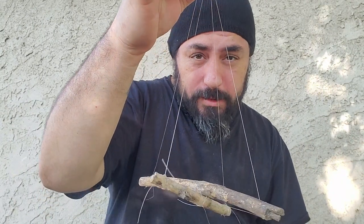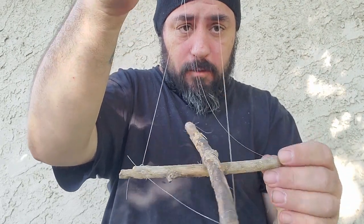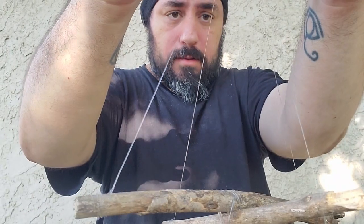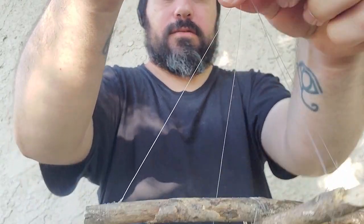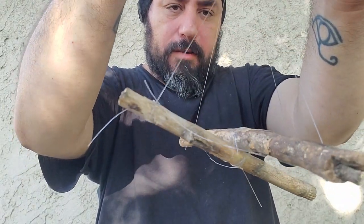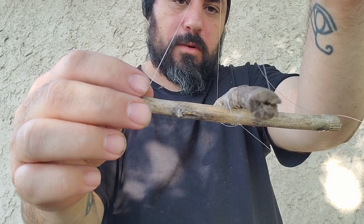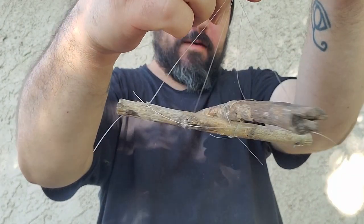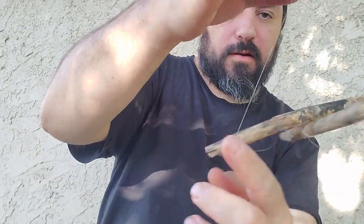Okay guys, so what you're going to do, what's your end result, is you're going to have your top piece, and it's going to be tied off on all 4 ends. And as you're doing that, you want to kind of pinch the top there, and then kind of run your fingers down like what I'm doing here until it gets even. And you'll see what I mean, because it'll start to lean one way or the other, and the way you do that is you just pull on the side until it straightens out a little, and once you have it nice and even, you just give it a good little twist up at the top like so,